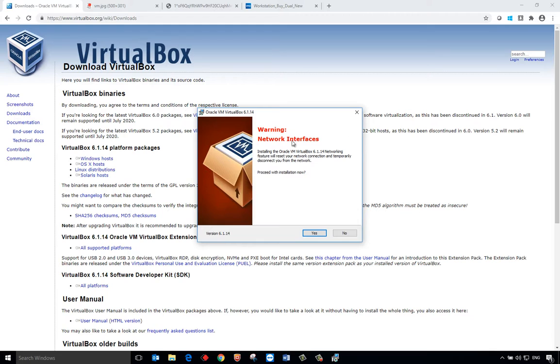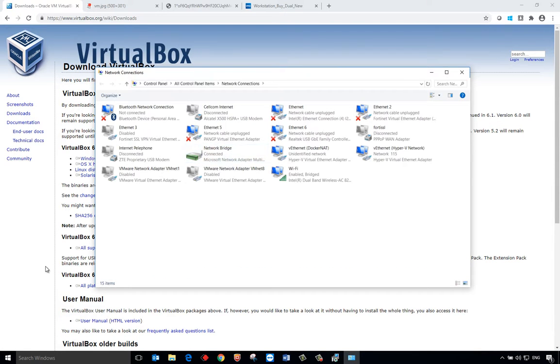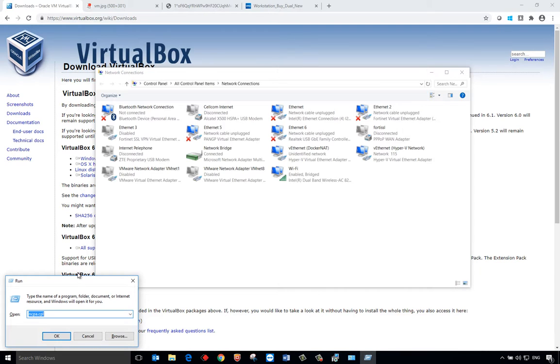It's related to the network interfaces. Once we are installing VirtualBox, it's going to reset our network connections and disconnect us for several minutes from the network, because it creates a new virtual adapter under our network connections, and I will show you that in a minute. So if I go to my network connections by typing in start run